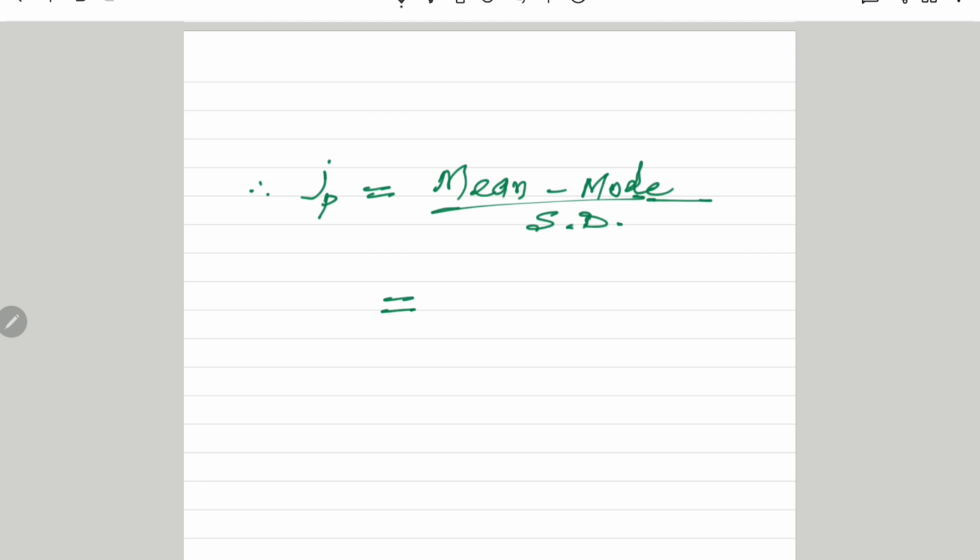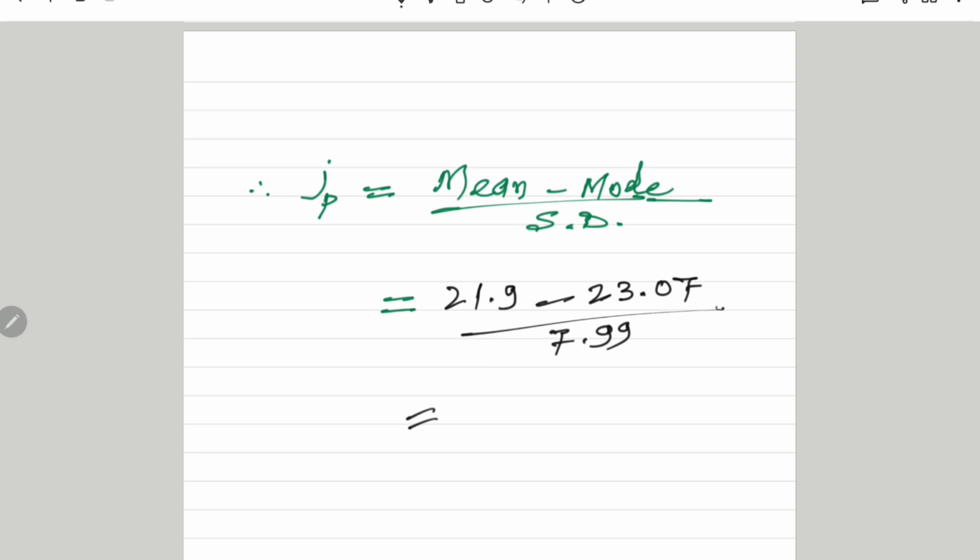The value of mean is 21.9, the value of mode is 23.07, and divided by the standard deviation, just we got that value as 7.99. And again simplifying it by calculator, we get,